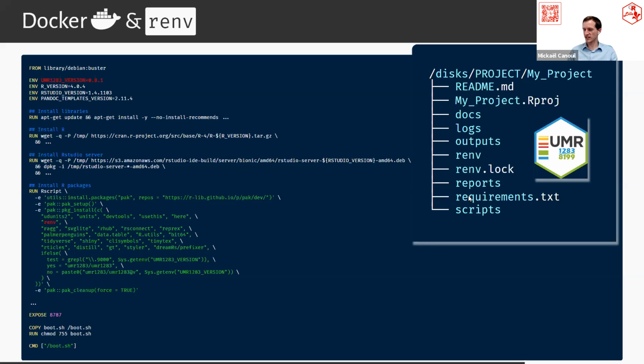Just use that command and it will create all the directory structure you need to have Python. It will use either the virtual environment from Python or Conda, so it depends on what you want. You can have one of those, and it will create this requirements text file, which will record all the Python modules you have in your project. So it's quite nice if you work with both R and Python.